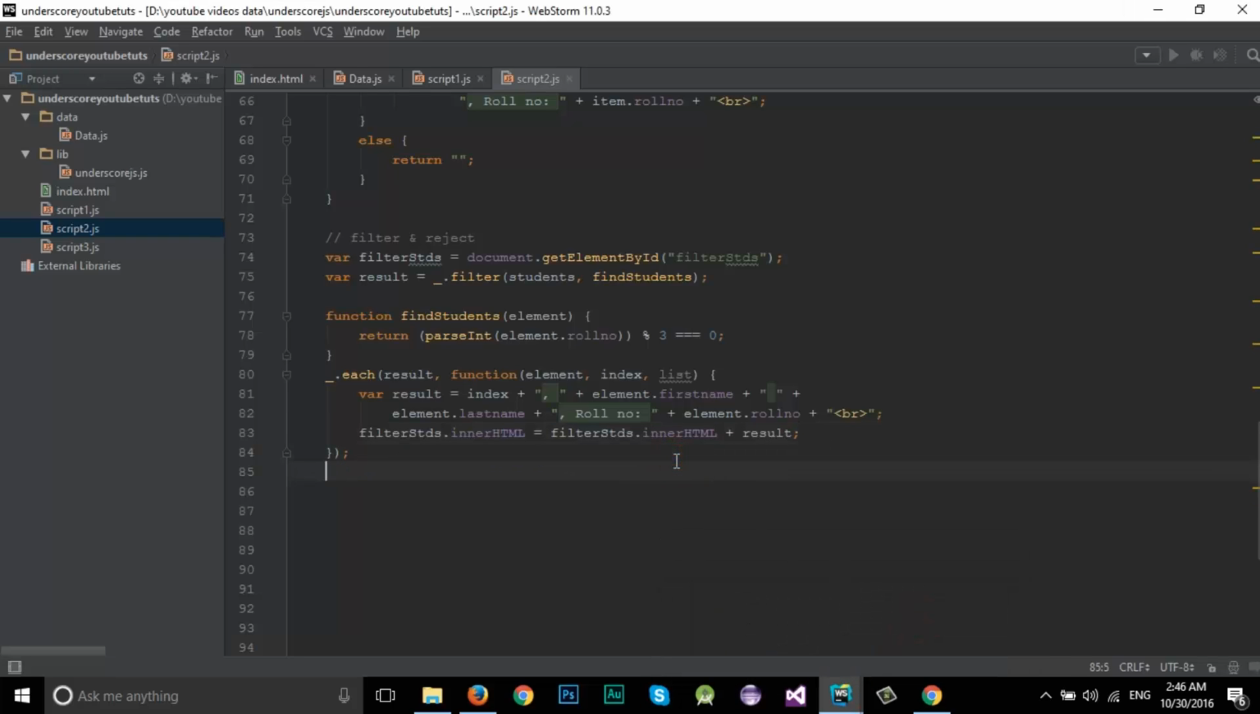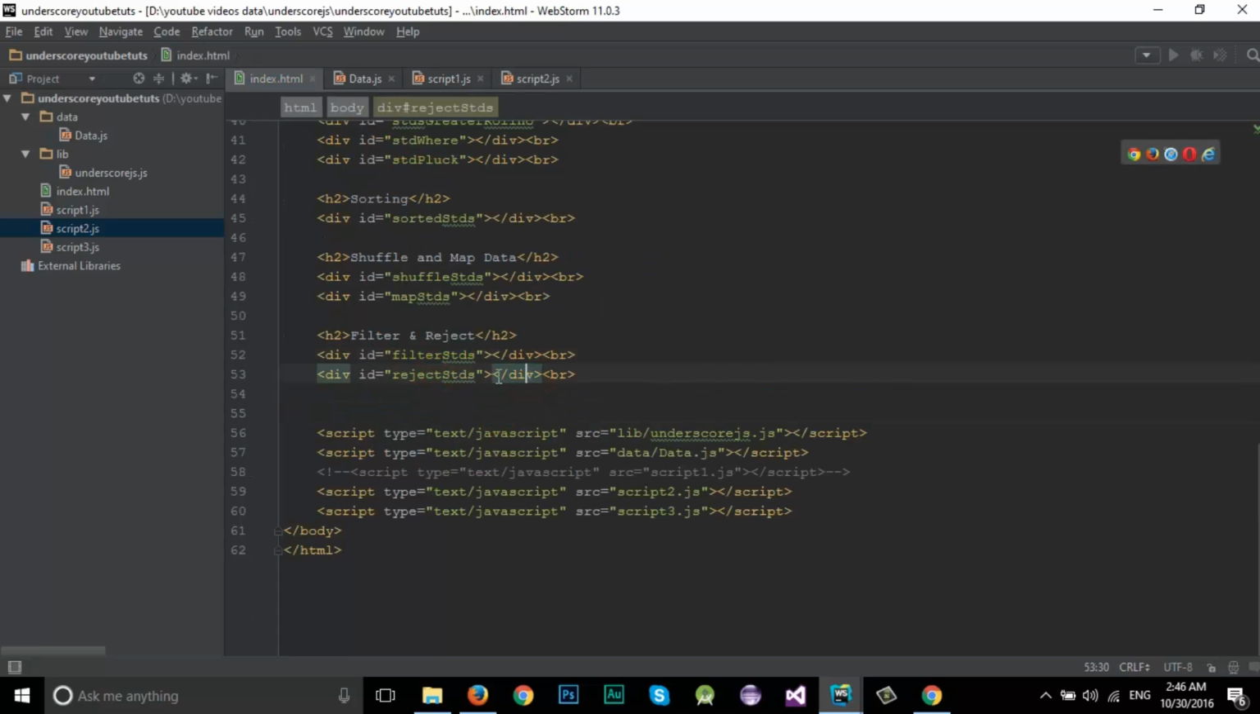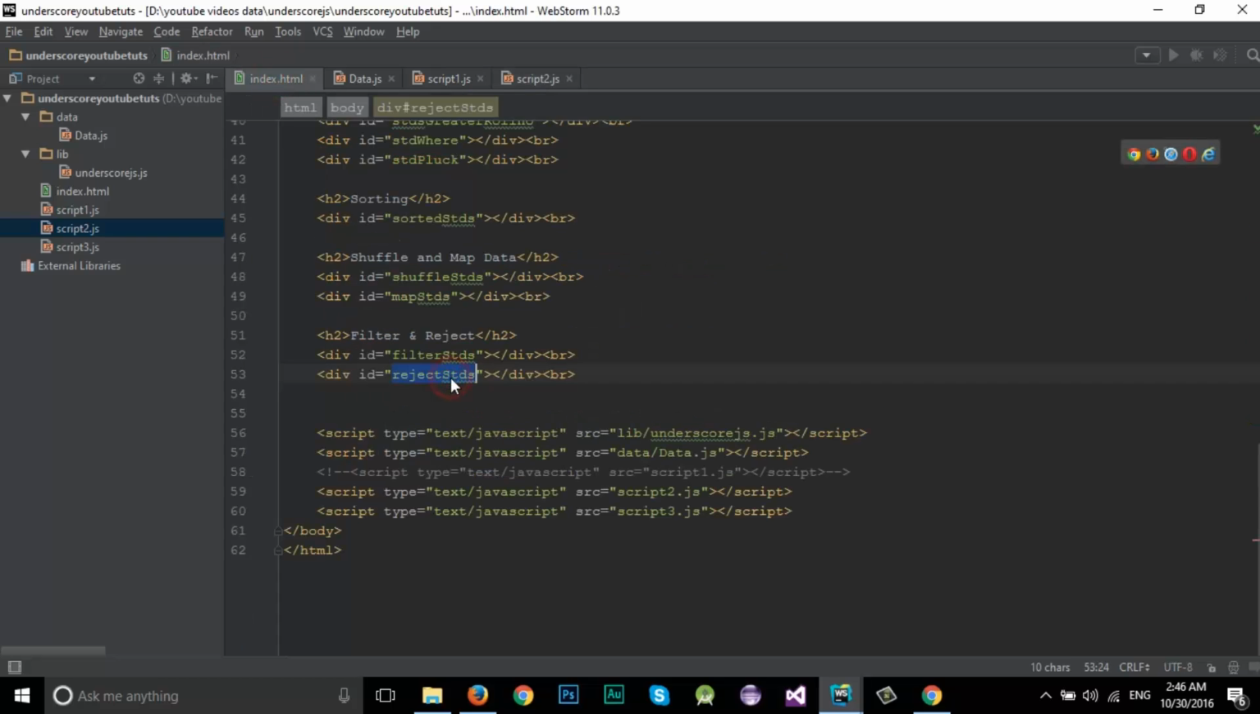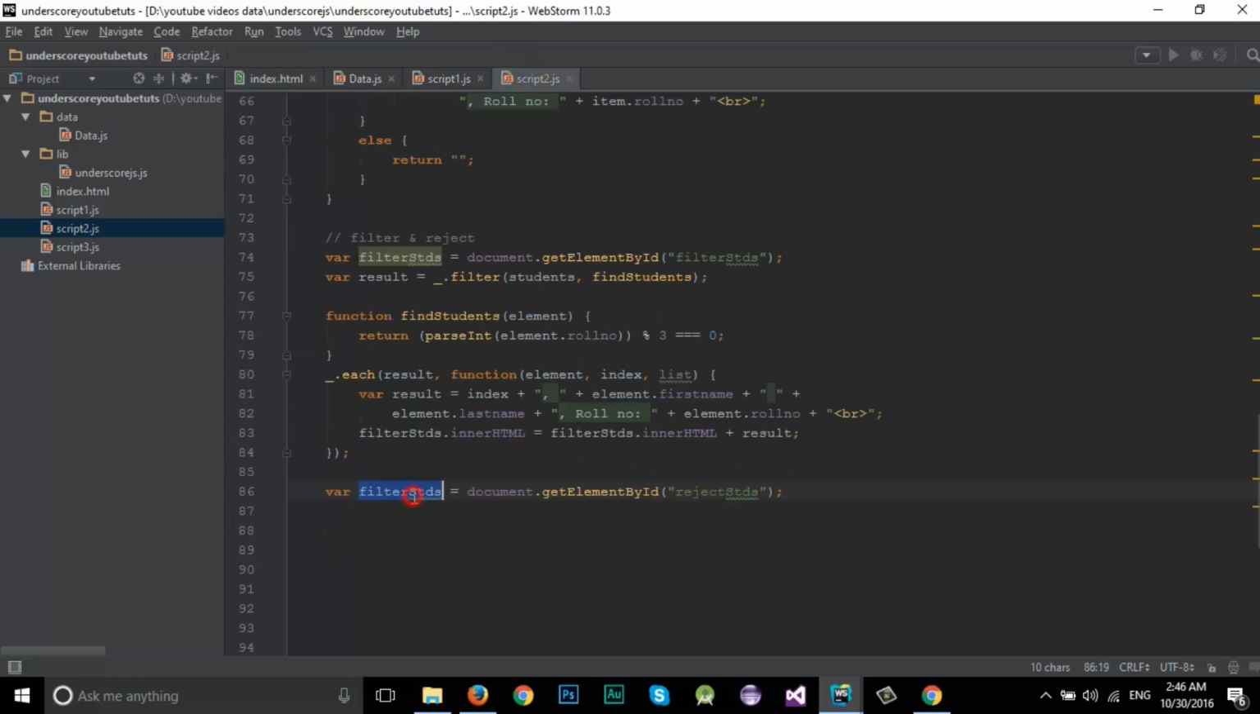Alright, now what we need to do, we need to use this last div element, reject students. Alright, so what it will do is it is the opposite of filter. It will reject those elements that will be returned true from this function. Okay, so let's add a reference to that element. So I will copy it, I will paste it right here as well. Alright, so copy it as well, and